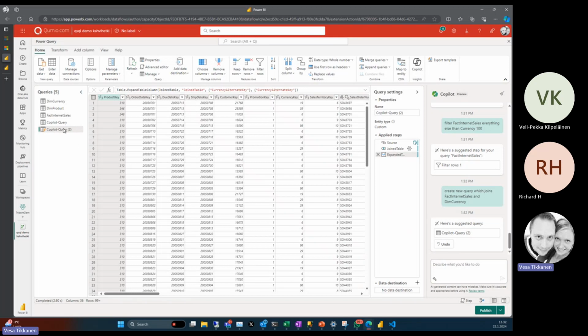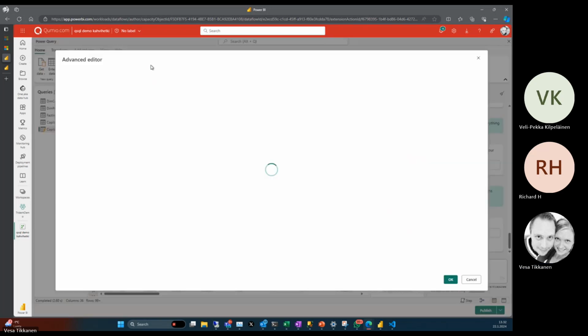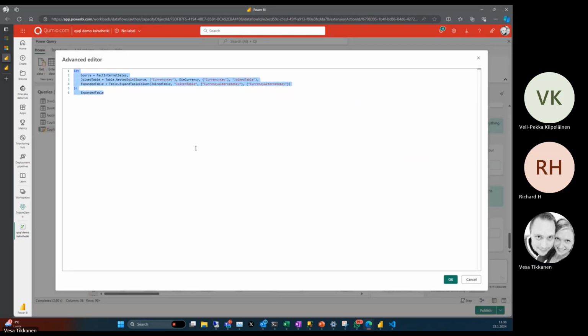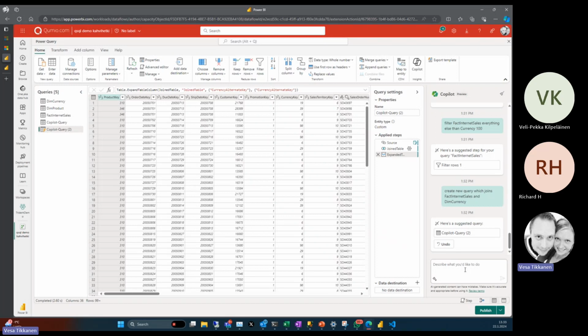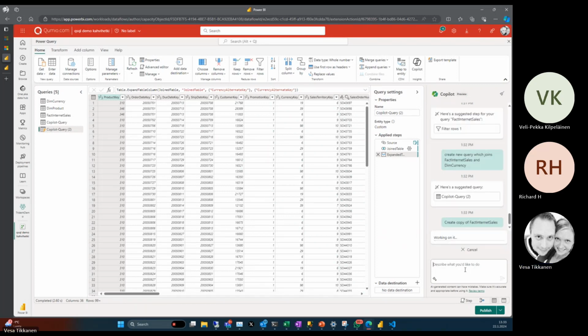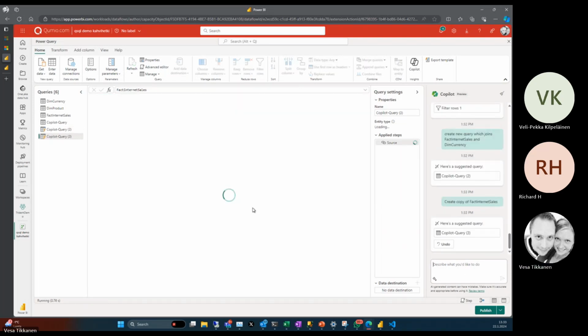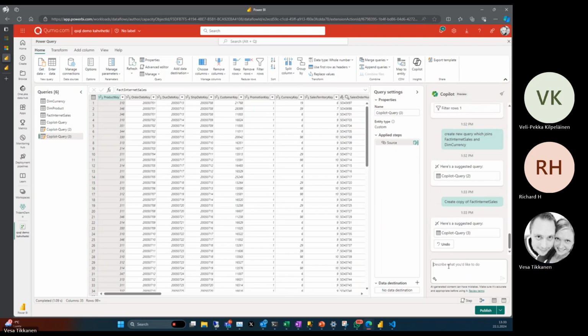But now it managed to create me a new table where I have a join over an already existing table. If I would say, well, create a copy of fact internet sales, does that work? Yeah. And join,